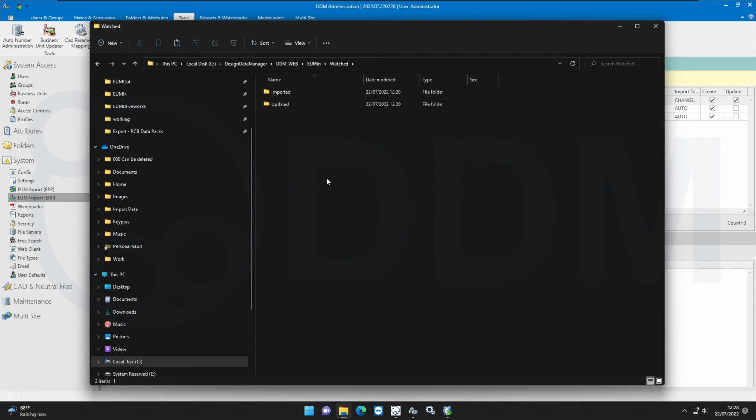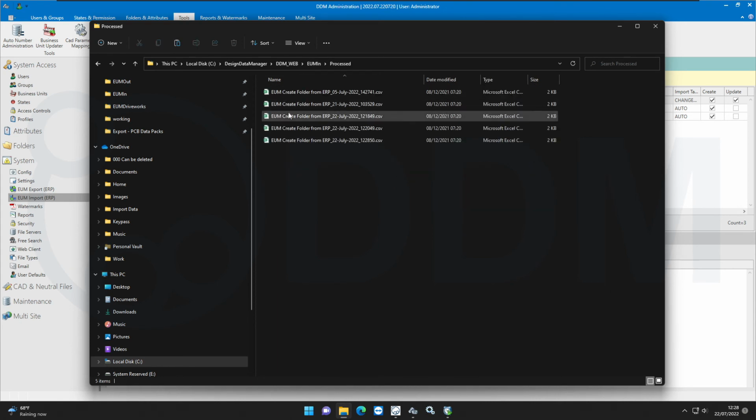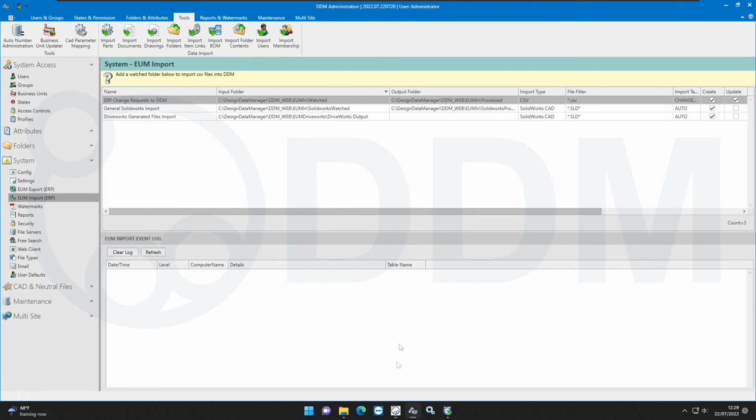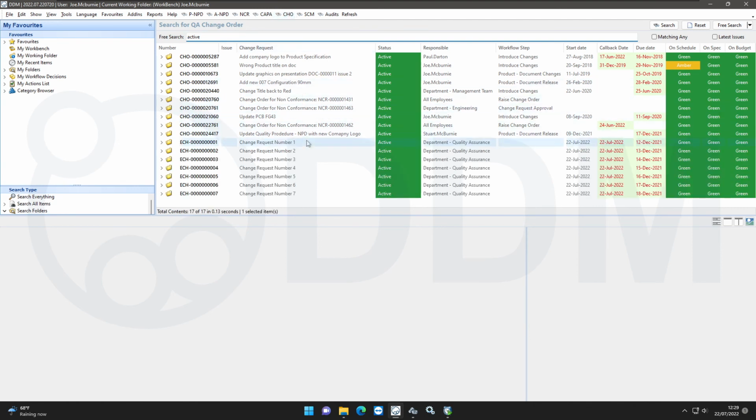So now that that file has been processed, it's been removed from the watched folder, and it is being added to the processed folder. These are other examples that I've been running. Okay, so I'm going to come back here. If I now go into DDM and rerun the query to look at how many change orders I've got, I now have 7 new change orders that have been automatically generated